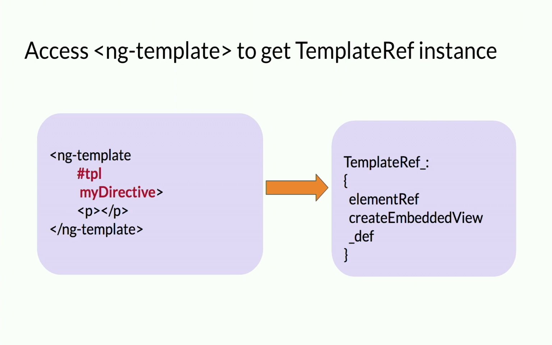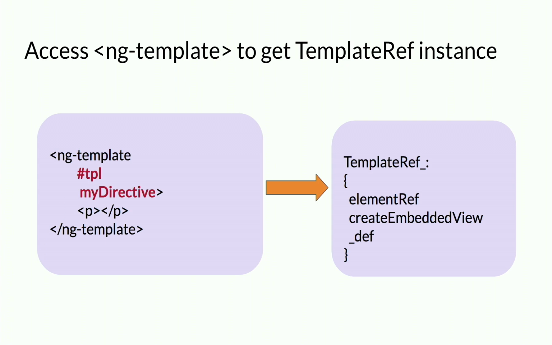So we can access ng template in a few different ways. We can place a template reference variable on the ng template, and then from a component class, we can use a ViewChild query and get hold of the template reference instance. Or in the case of structural directives, which are placed as an attribute on the ng template, the attribute directive class can get hold of its host